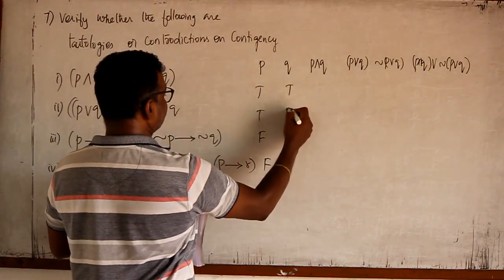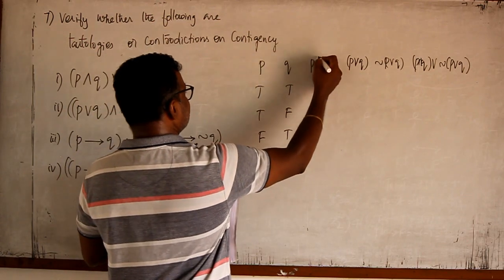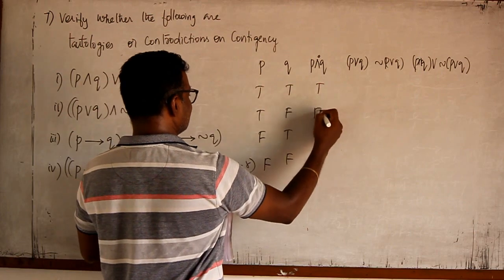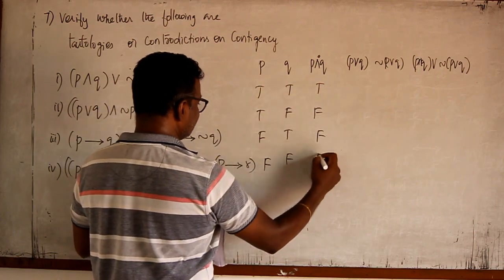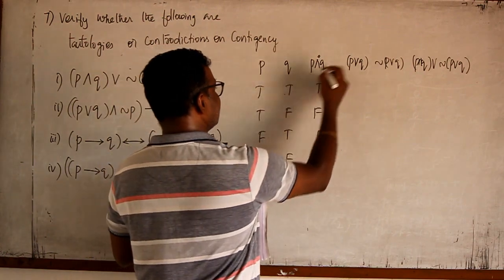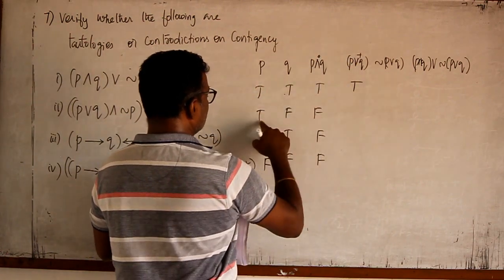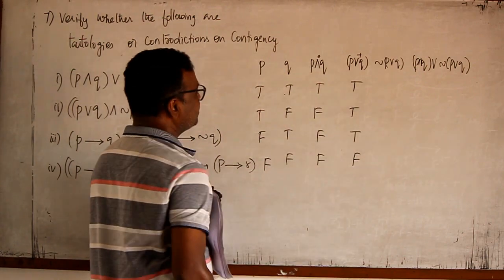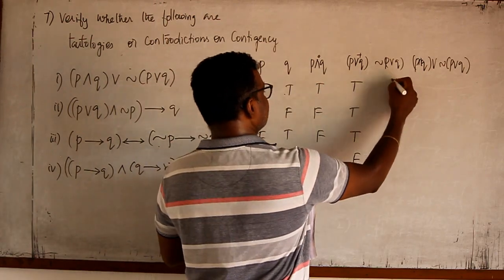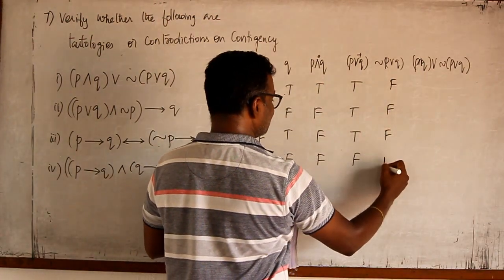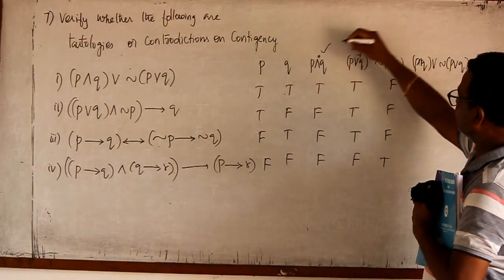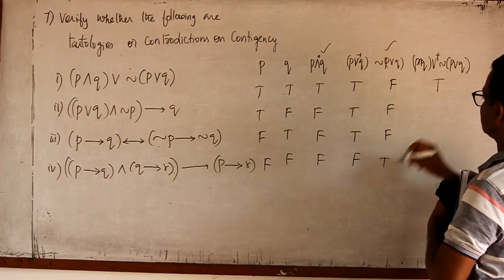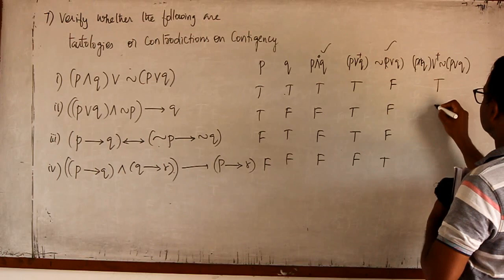Then Q is T, F, T, F. And means into. Into means I have multiplied, 1 into 1, 1. 1 into 0, 0 means false. 0 into 1, 0 means false. 0 into 0, false. Now, I must add these two. 1 plus 1 is 1. 1 plus 0, 1. 0 plus 1, 1. 0 plus 0 is false. I need the negation of this. That is false, false, false. This one is true. Now I have to add this one and this one, isn't it? Because it's plus. 1 plus 0, 1 means true. 0 plus 0, 0.